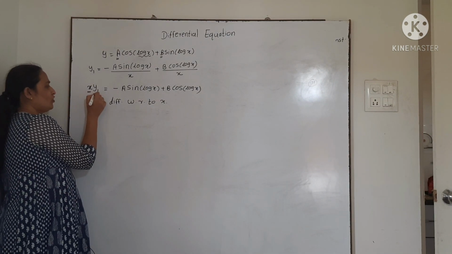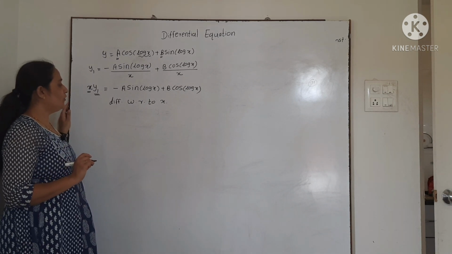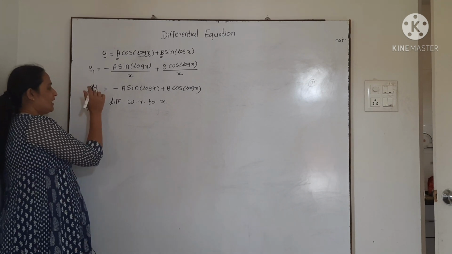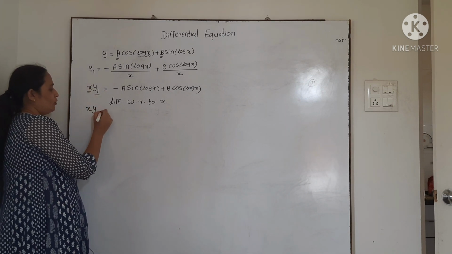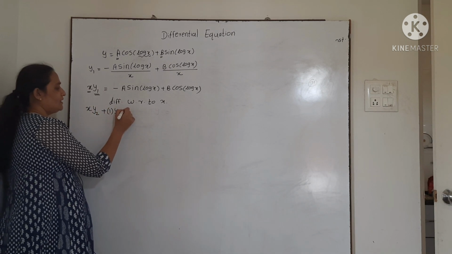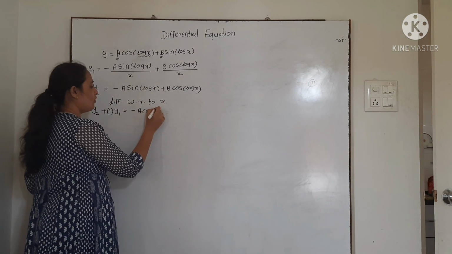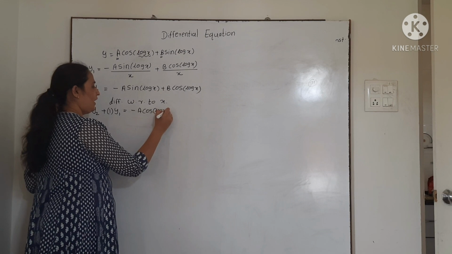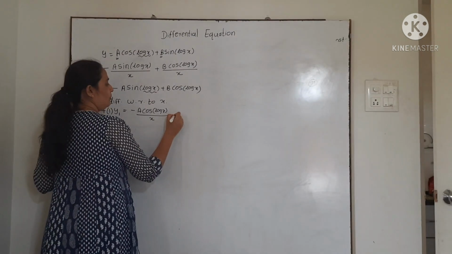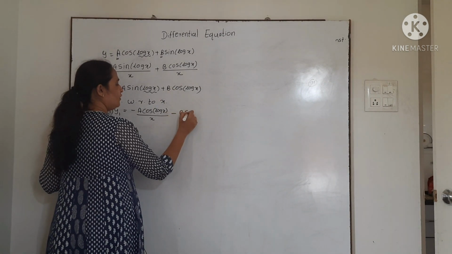See here, this is a function of x. y1, that means dy by dx, is a function of x. Therefore, while finding the derivative, you have to use the product rule. x as it is, the derivative of y1 will be y2, plus the derivative of x is 1, y1 as it is, equal to minus a, the derivative of sine is cos of log x into the derivative of log x, that is 1 upon x, plus b into the derivative of cos, which is minus sine of log x